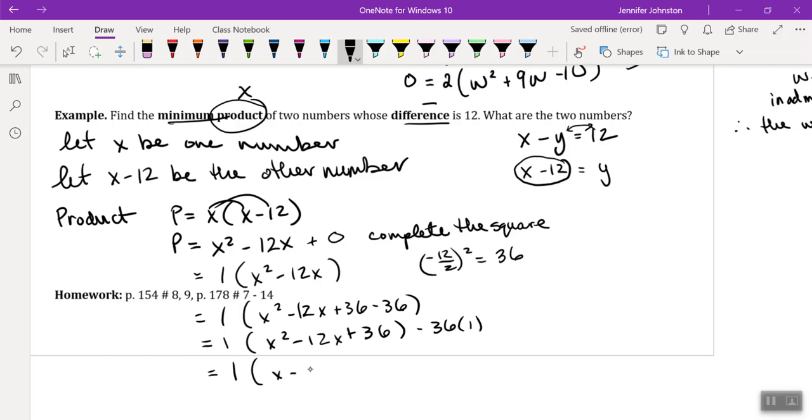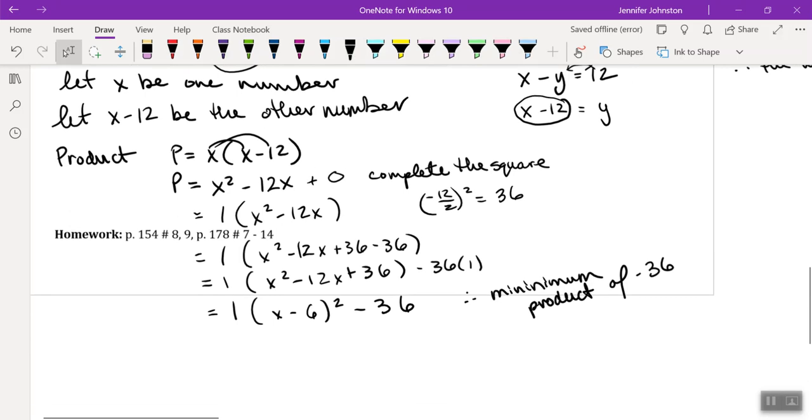This is x minus 6 squared minus 36. So therefore we have a minimum product. The minimum, or the maximum, is always your y value of negative 36. There we go. And your x value is